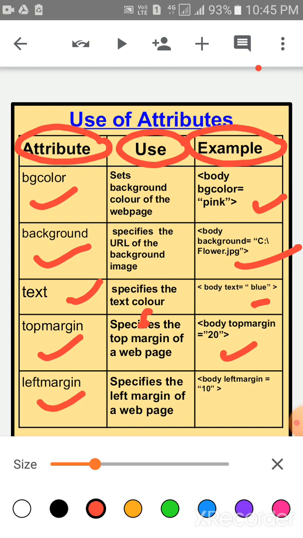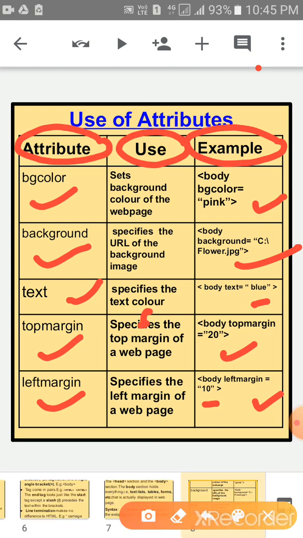Last is left margin. Left margin specifies the left margin of a web page. The syntax is body space left margin is equal to, within quotes you write down the size and then close the tag. These are the attributes. Clear, children?